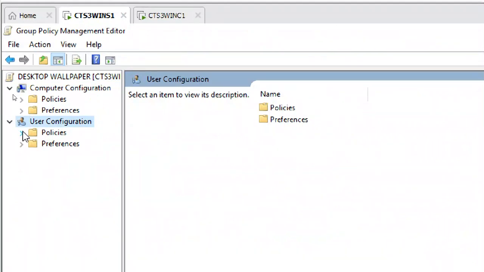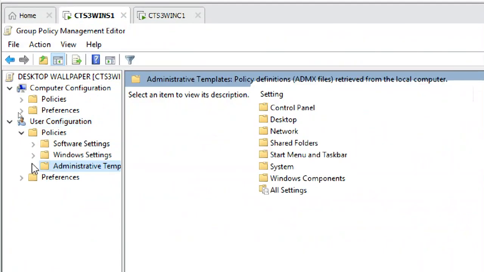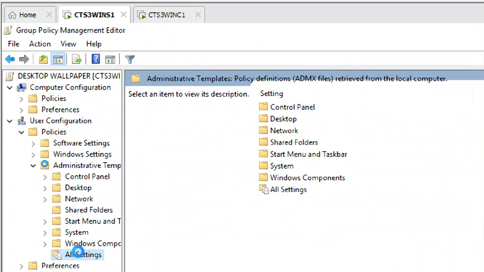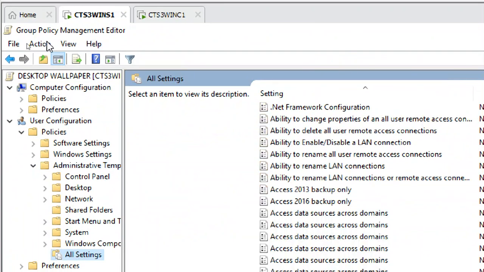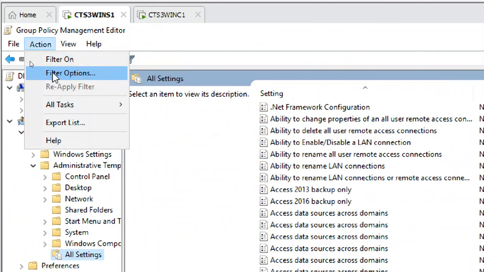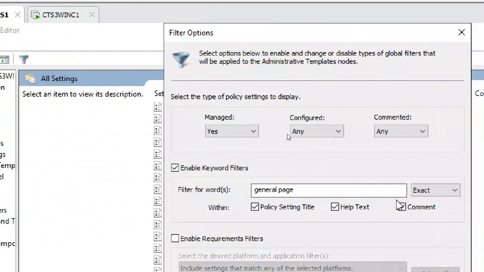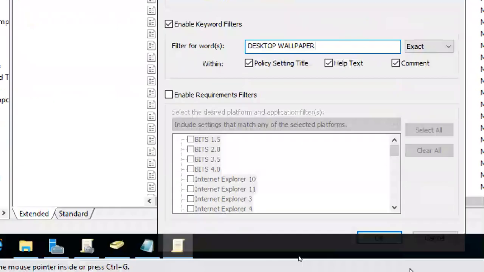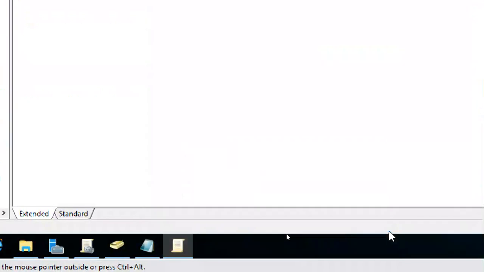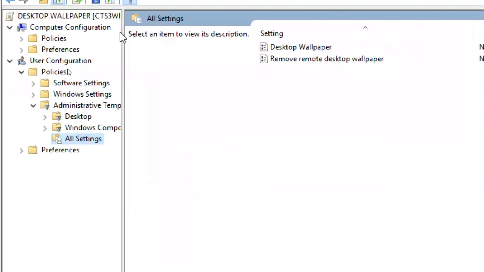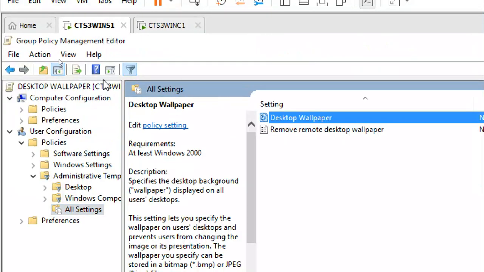Generally, where are we going? User Configuration, Administrative Templates, All Settings. Go to the filter option and type desktop wallpaper. Now it is showing desktop wallpaper.